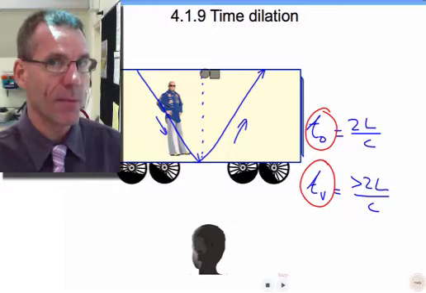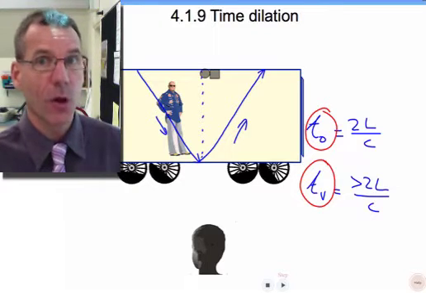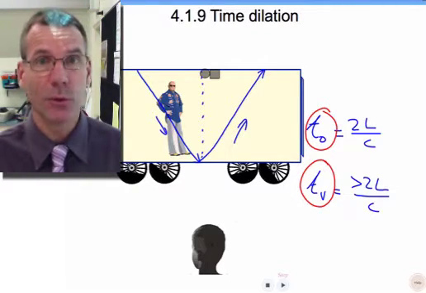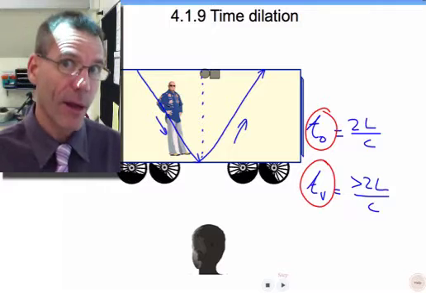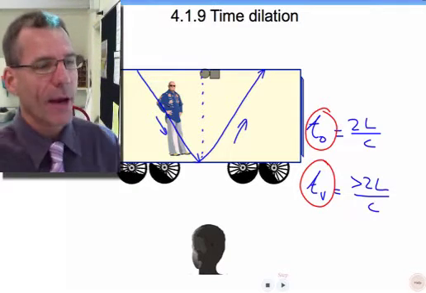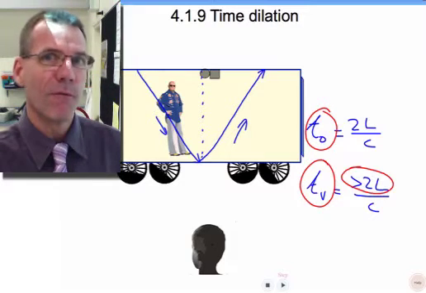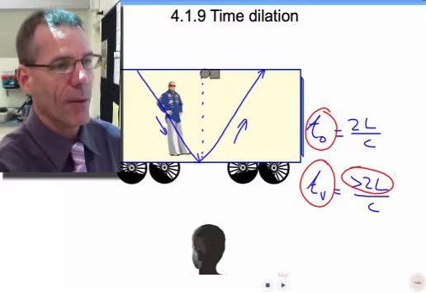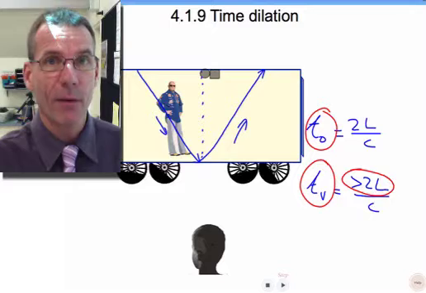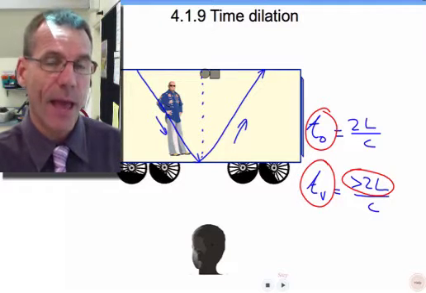And of course, that's perfectly mirrorable. If there was a clock on the platform, the person in the carriage would look at the platform clock and think the platform clock is running slow. And it has to run slow because the distance is longer for the observer on the platform. And we looked at that qualitatively. What we're going to do right now is look at that quantitatively to see how much longer it is.